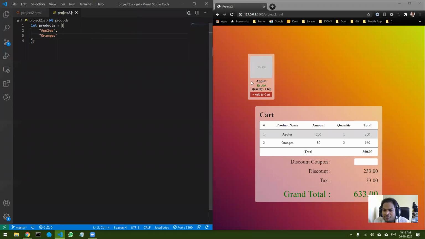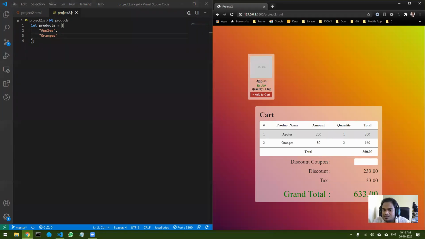Okay, but if you look at the structure of the product card, you will understand that it has multiple parts. Okay, so it has a title, it has a cost, it has a quantity, and it also has an image. Okay, so right now I'm using a service called placeholder. So this placeholder service gives you a dummy image of a particular size.